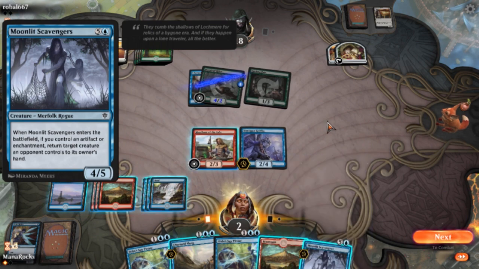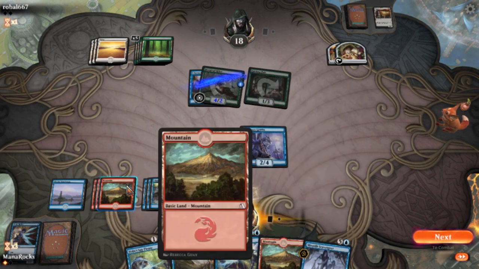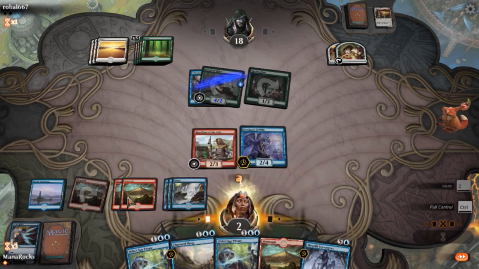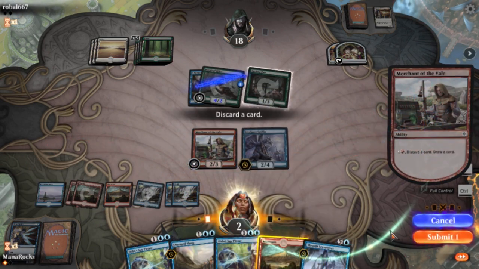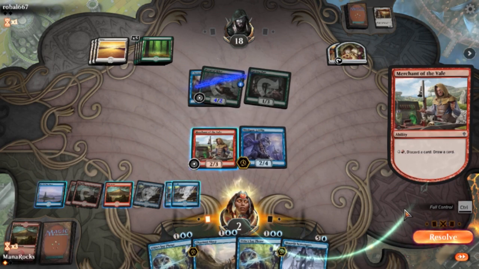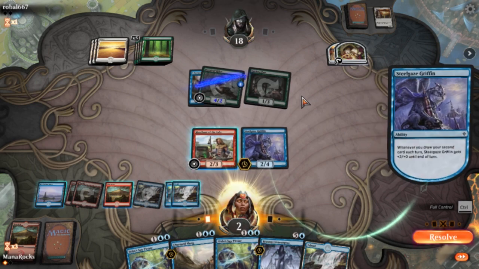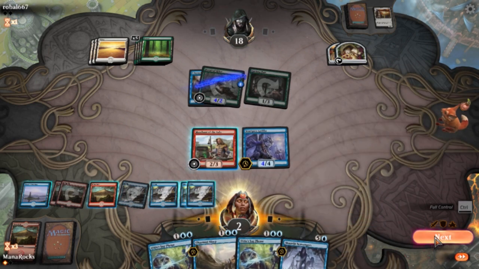This is also active, but I don't want to use it yet, so I think I just haggle here. Should have done it on end step. Yeah, haggle, attack with Griffin. Pitch this mountain. Resolve. Okay, drawing the island there's fine. I'm actually going to play the island. And then let's go ahead and attack with...